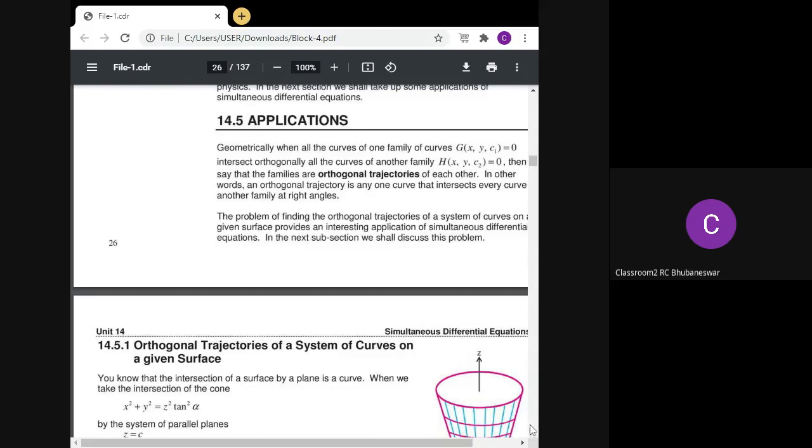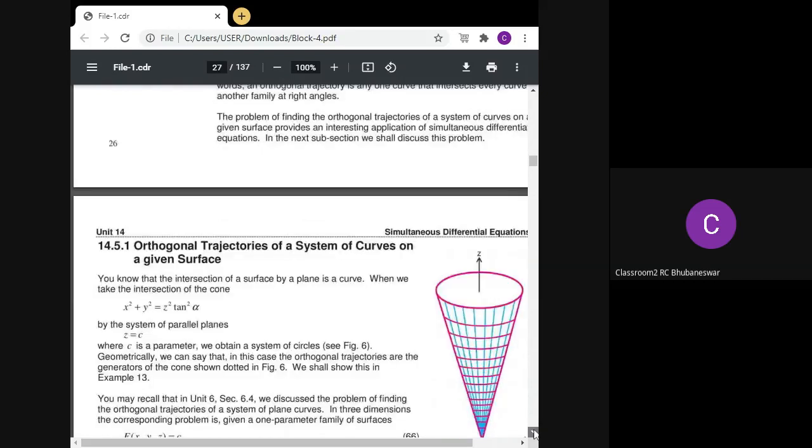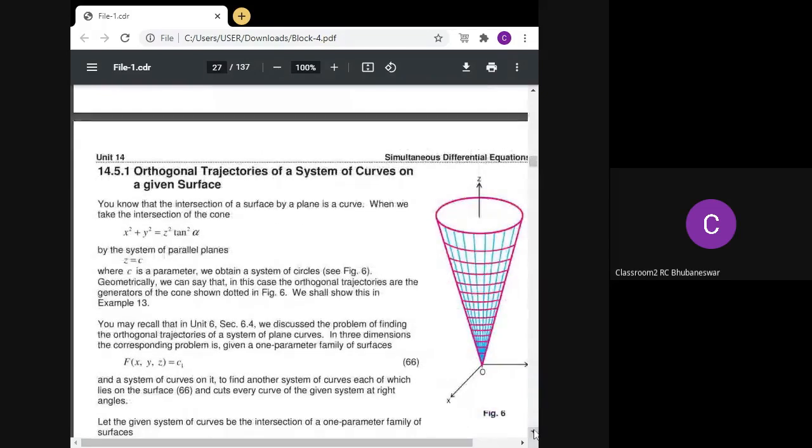So look at the figure, figure number 6. Here the equation is x square plus y square equals z square into tan square alpha. So clearly this is a surface given by a plane, a curve. Here, if we focus on that particular figure,